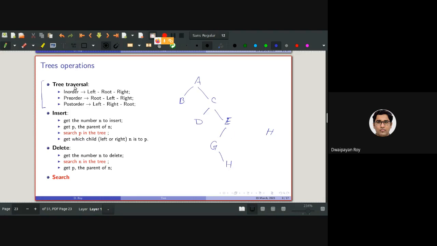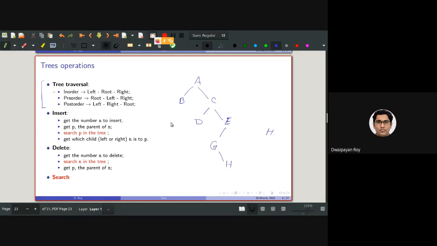Using any of these techniques, we will be able to search any of the nodes in the tree. To search H, we can employ in-order, pre-order, or post-order, or the display function, which is a variant of in-order traversal, and so on. But can you say what will be the time complexity of that searching function?